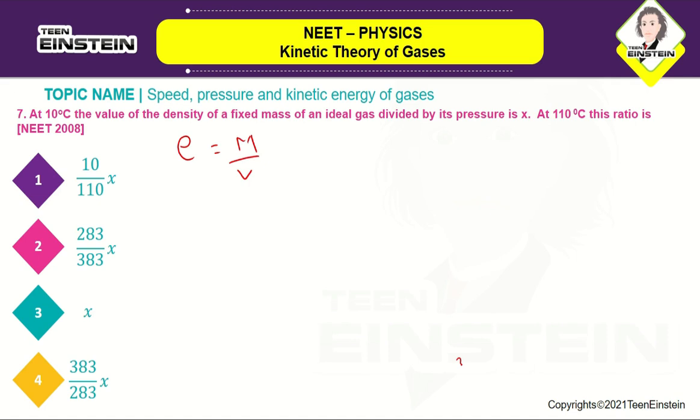Okay, so when rho by P is equal to x, which will become m by V into P. So x is equal to m by nRT,